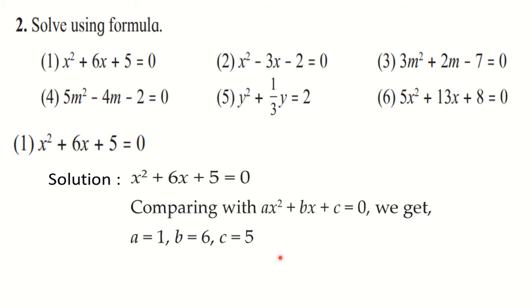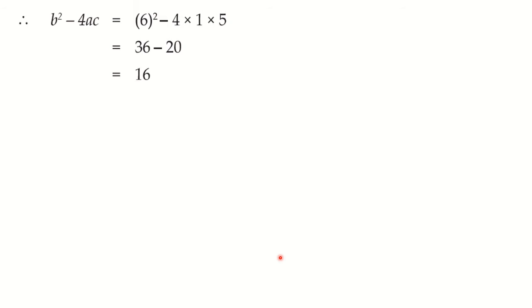The next step is you have to write down the formula, or recall the formula. What is the formula? x is equal to minus b plus or minus under root b square minus 4ac upon 2a. At that time I told you that we have to first find out b square minus 4ac so that solving further will become easier. So here we are finding the value under the root, that is b square minus 4ac, separately. So in place of b, we are writing 6. So 6 square minus 4 into the value of a, which is 1, and c is 5. So 6 square is 36 and 4 into 1 into 5, 4 5s are 20.